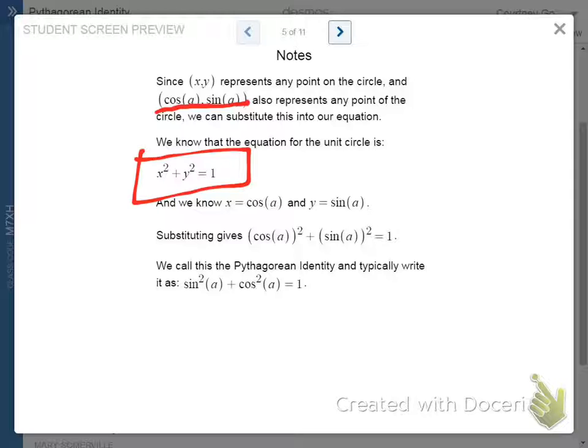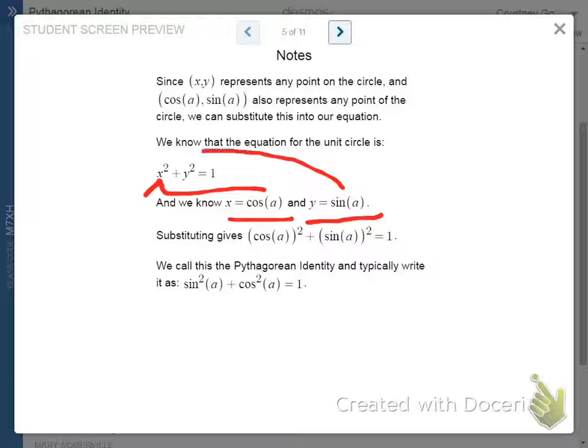Well, it represents a point with an angle of A. So we can substitute these in for x and y. If I substitute cosine of A in for x in this equation, and then sine of A for y, I end up with this